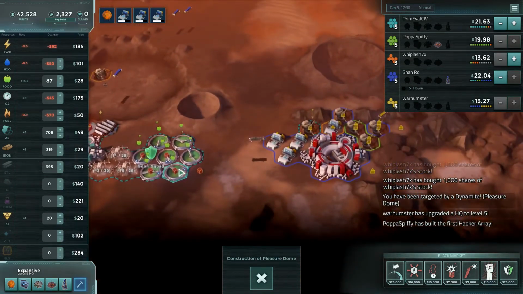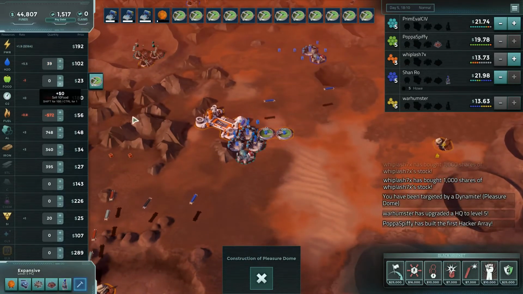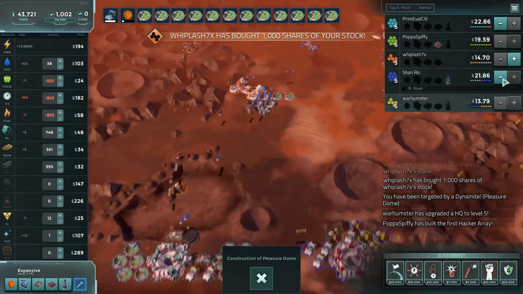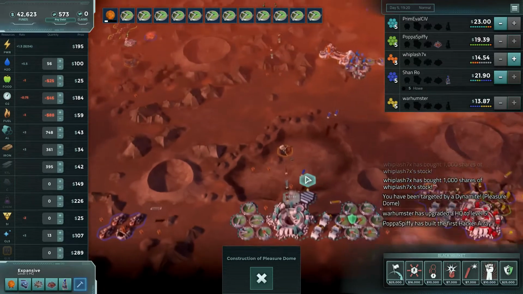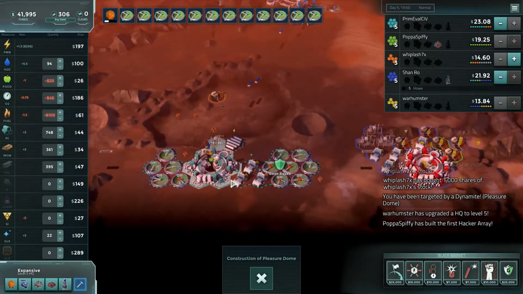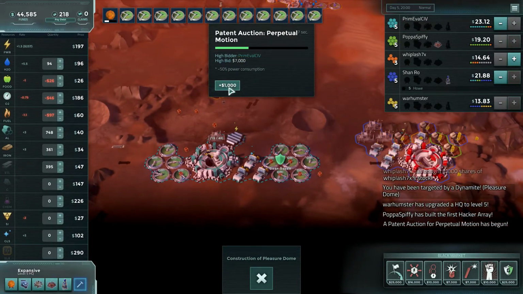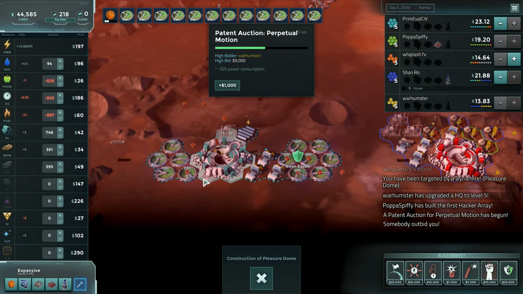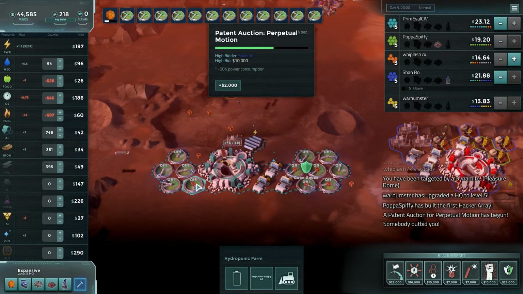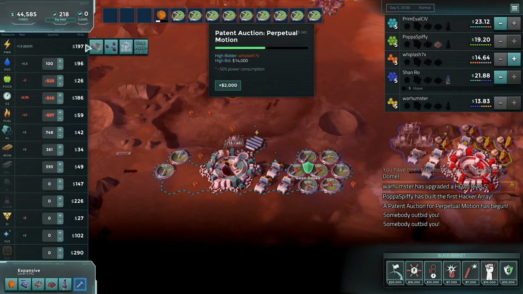Well, the price of food has actually gotten quite a bit worse compared to water. And that's because I sold down a massive stockpile. Whiplash is buying into us here. We could and probably should switch some of these guys over to... well, even solar right now would be fine. Alright, we'll go all the way into solar, just...